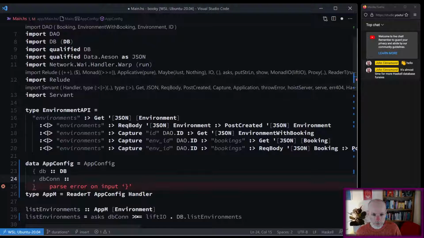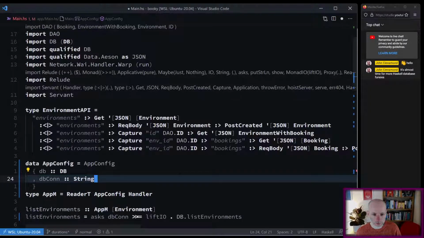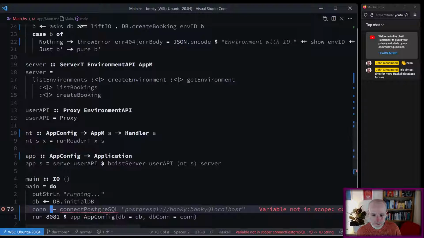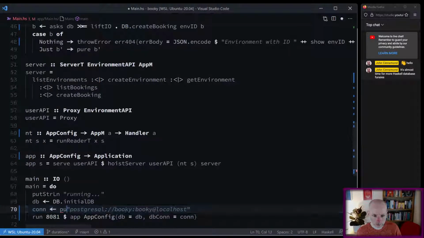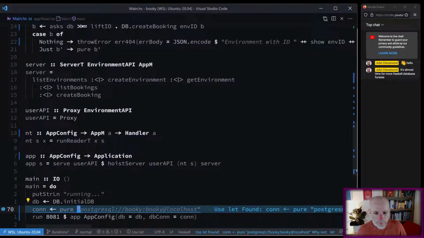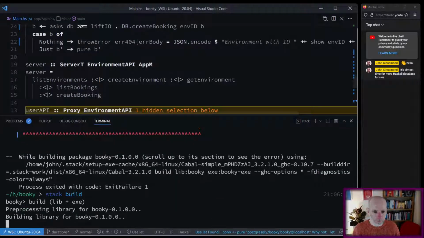Okay, so let's set this to be, I guess, a string, because I know that's wrong. Let's leave that for a second. Actually, it's a bit silly, but I'm just going to do this to get rid of the error. Okay, so I've set the string for now, which is incorrect. I will change it in a second to connect to the database. I'm just trying to chase down all of the errors of removing